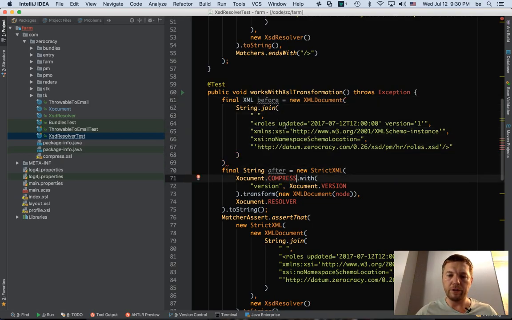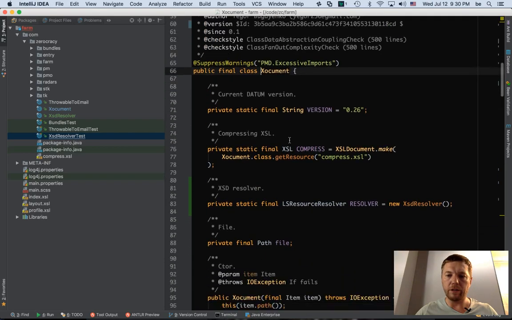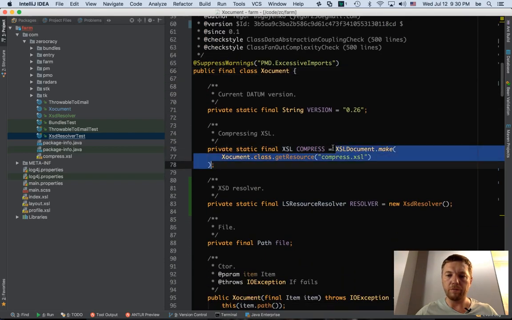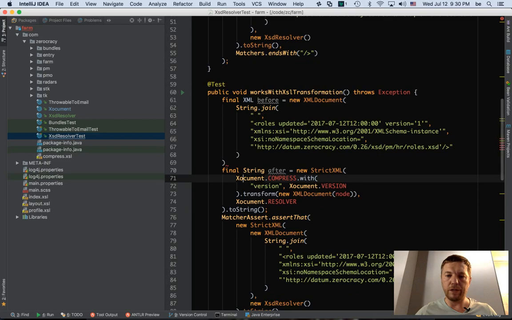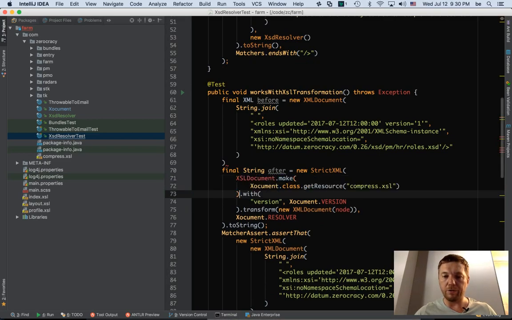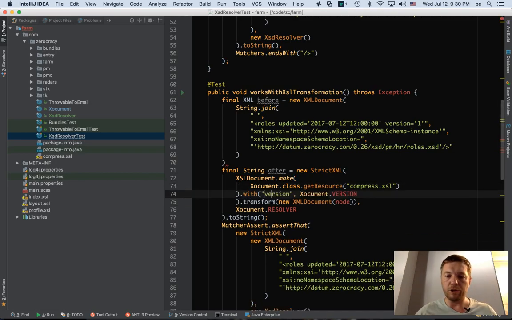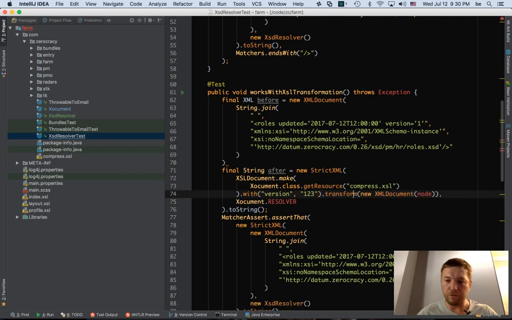And here, this compress, okay, let's copy it. This is the one. Just for the test. We copy, because it's private, I cannot just refer to it here, but I can make a new one. And then I say with version, it doesn't matter, 1, 2, 3. And then I say transform, and this is before.